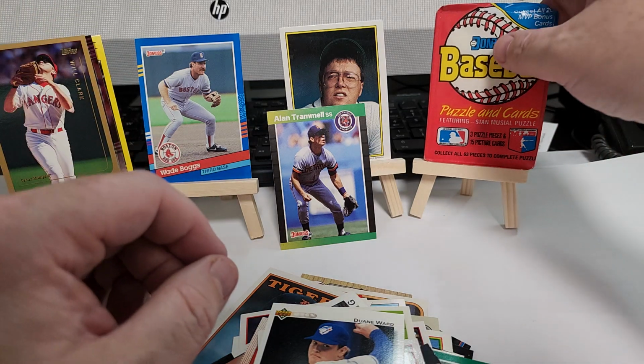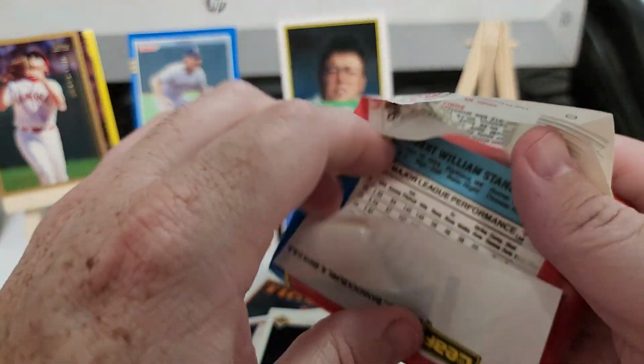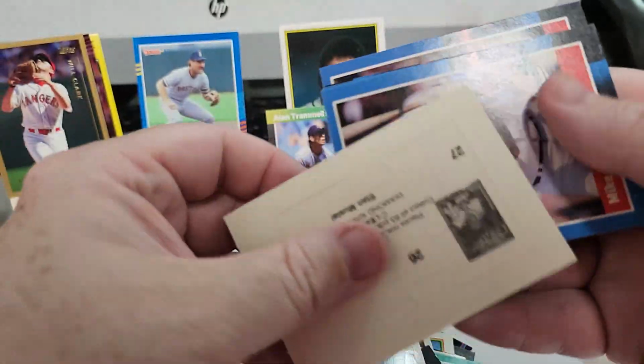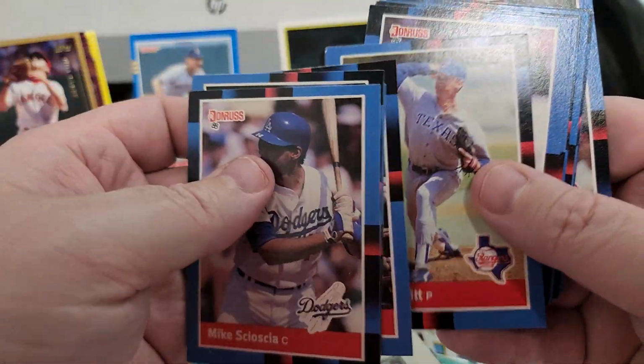So anyway, that's the first pack, minus this pack that looks to me, I mean, you see how loose this is and stuff? It certainly could have been reopened. These are 88, so there's no Griffey available. I thought, for some reason, I was thinking that was 89, just for a shot at a Griffey. Bobby Witt,